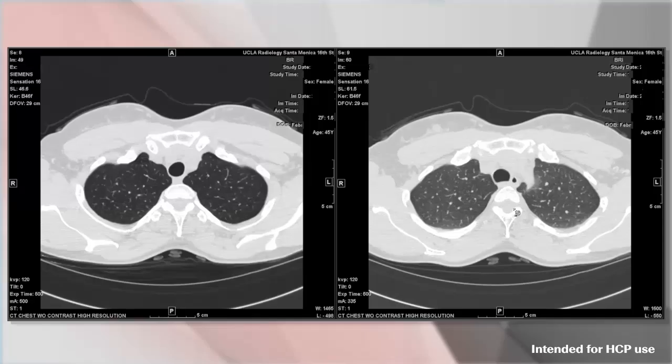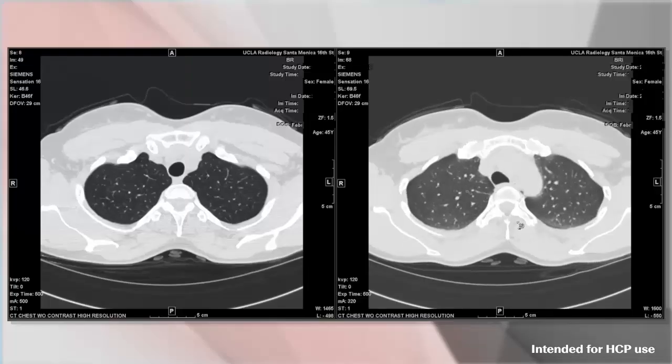What you also notice, and one way to readily tell if you're dealing with an expiratory image, is to look at the trachea. Here you can see on the inspiratory images that the trachea looks ovoid with a rounded posterior tracheal wall. If you compare that to the trachea on the expiratory imaging, you can see that now it's flattened or even concave. So it looks more like an omega sign, if you will. And this is one easy way to note whether or not you're dealing with an expiratory image.